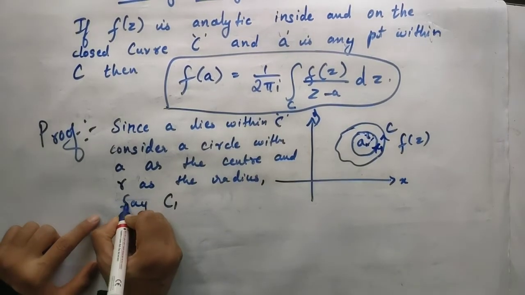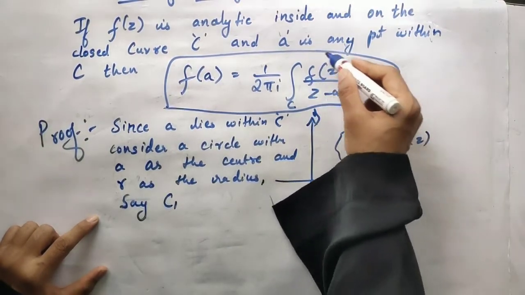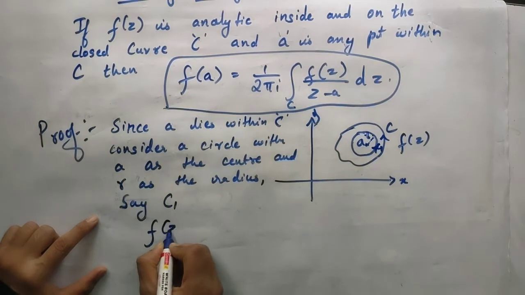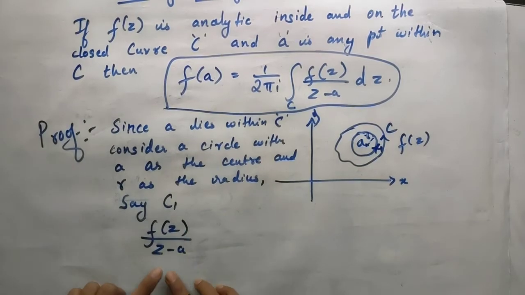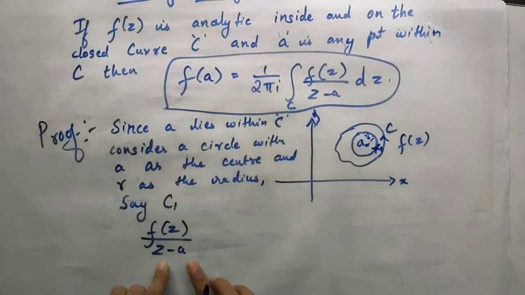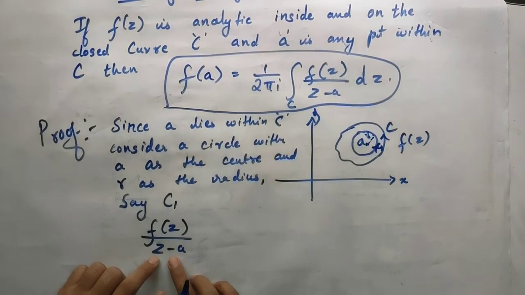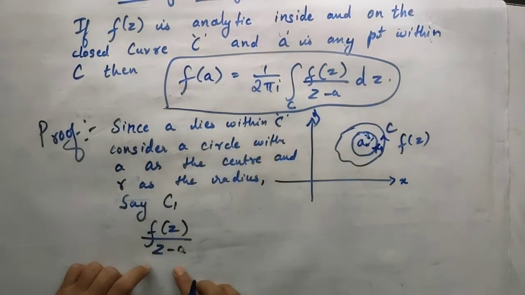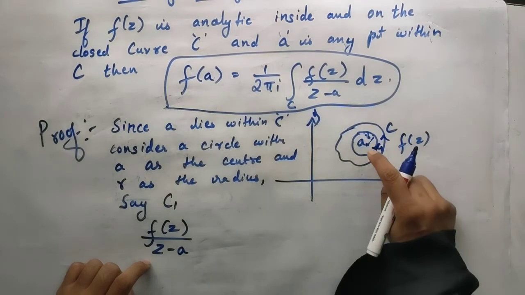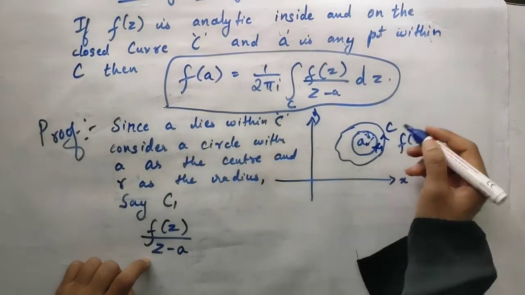Okay, now see, let us consider the function, or I will speak about the thing which is written inside the integral sign. What is that? It is f of z divided by z minus A. Now let us see how this f of z divided by z minus A is behaving. Look at the point z minus A in the denominator. If I put z is equal to A, the denominator turns 0. So you do not have a defined value for that, is it not? Means this particular term f of z divided by z minus A does not exist at the point z is equal to A. What about the points other than A? Is it not defined at all the points other than A?